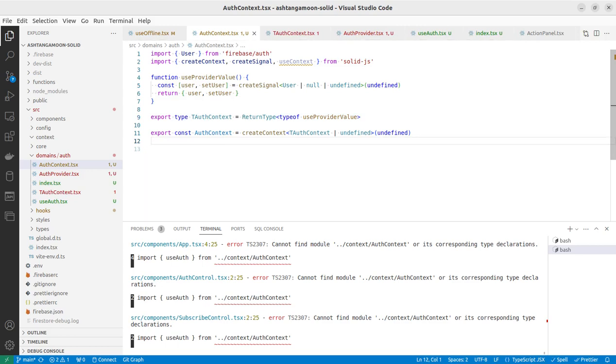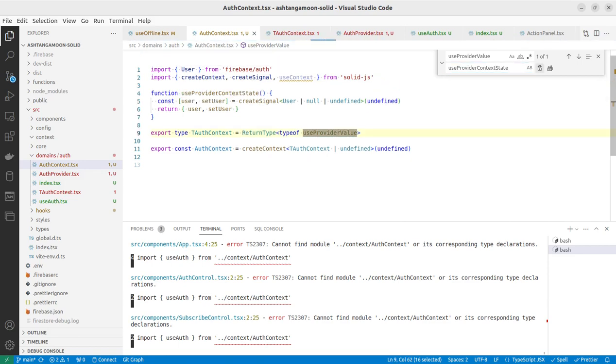I don't like the name actually. I want it to be use provider store. Okay, let's call it store. Oh, yeah. Actually, in Solid.js we have a concept of store. It can, how to say, interfere with that. So let me call it use provider state, which is a bit better. I will use normal replacement because of my lags. Use provider state, use provider context state. Yep, cool. And now I can actually export